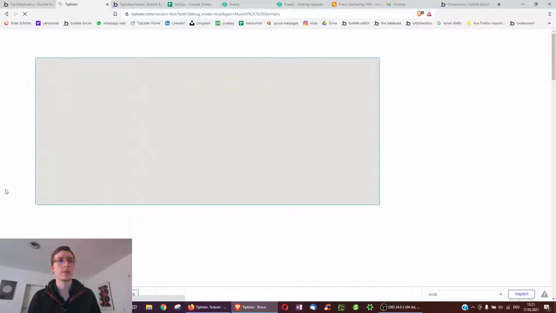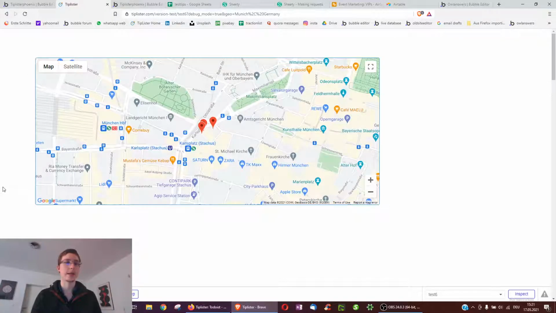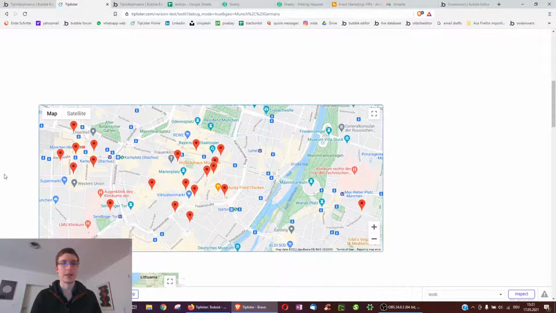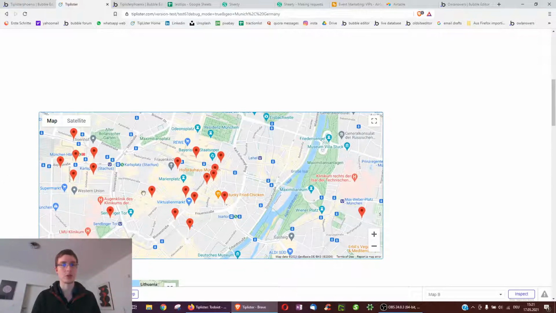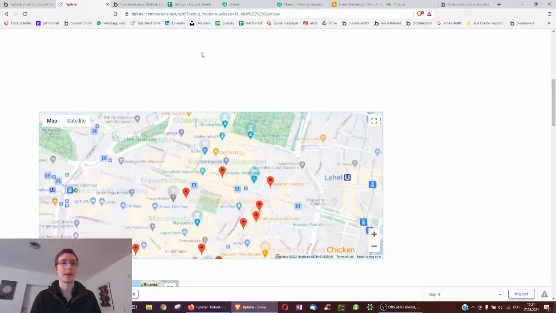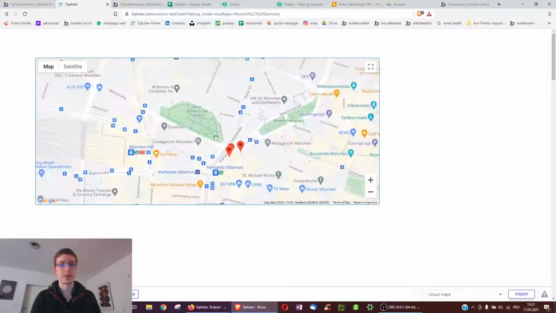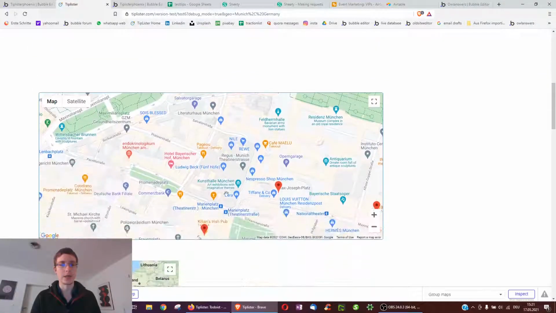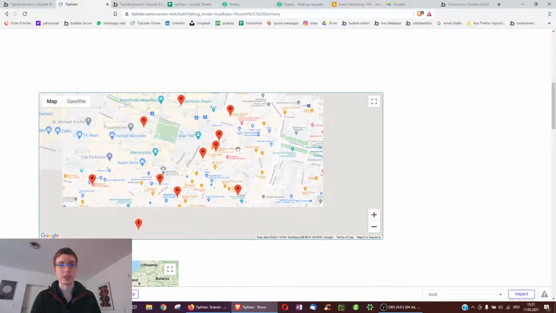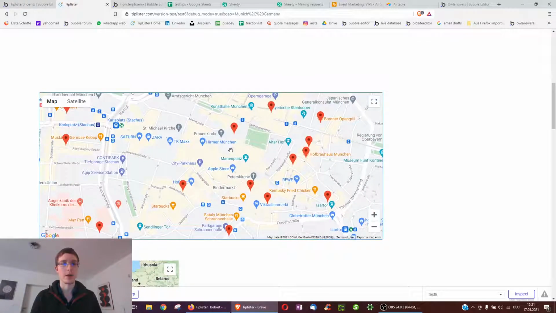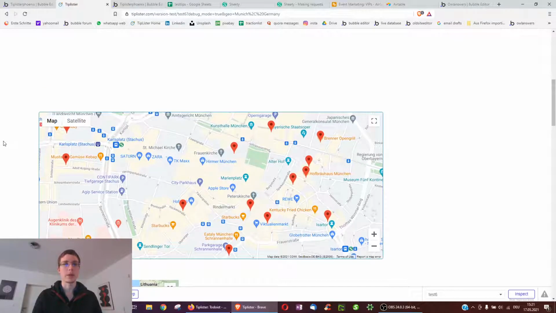Below I will add a link on how to actually use Google Places to show all the places around me instead. Up here, it's using the Bubble database, but down here, we're comparing our location with the Google Maps or Google Places database to show all restaurants near us. That will be linked below on my site